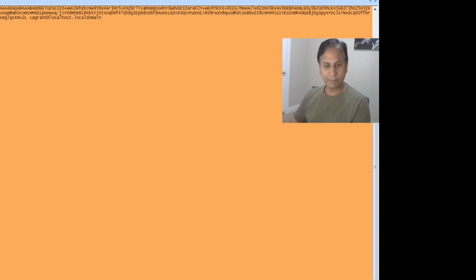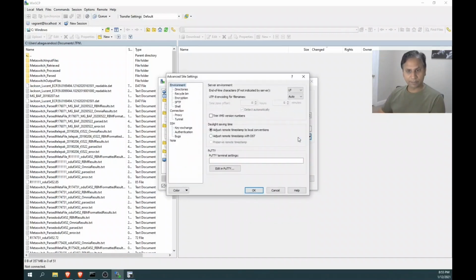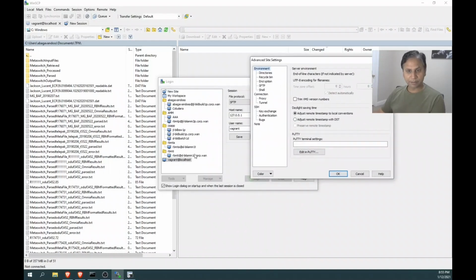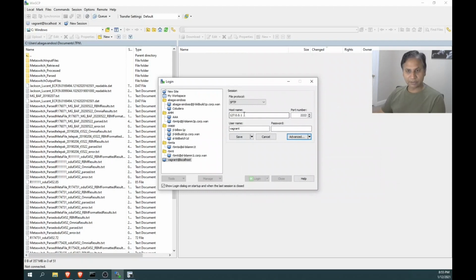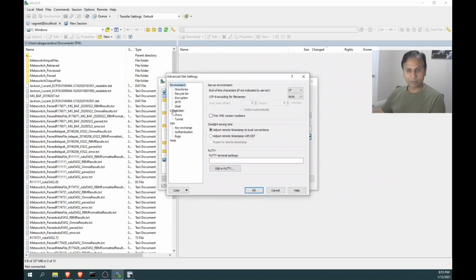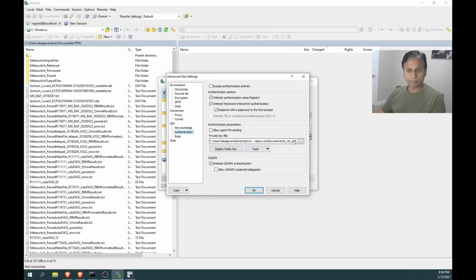I have already registered my public key over here, and I will show you how I am going to register my private key. Here I am going inside this Vagrant, which is a host name system. In the advanced settings, I'm getting into the SFTP connection. Then in the key exchange, I'm going to keep it on top. Then this is my ID RSA gen.